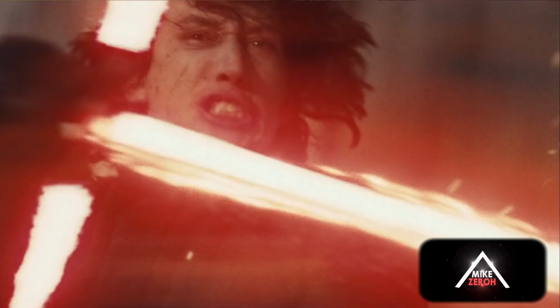Additionally, one of the designs was dubbed as Leader Ren's helmet, which is said to be the reforged mask from The Last Jedi. So I want to go over a couple of parts about this, because we do know that Adam Driver is really stepping his game up for this movie. He went through a lot of training in order to do some incredible things for the character of Kylo Ren,